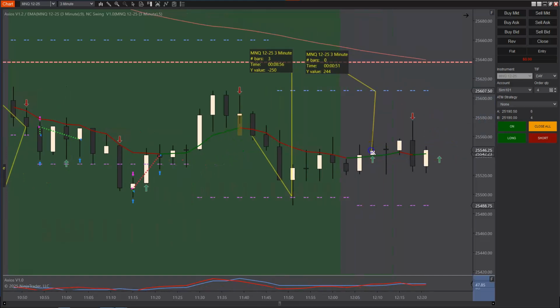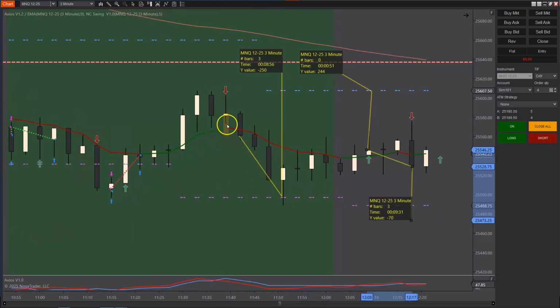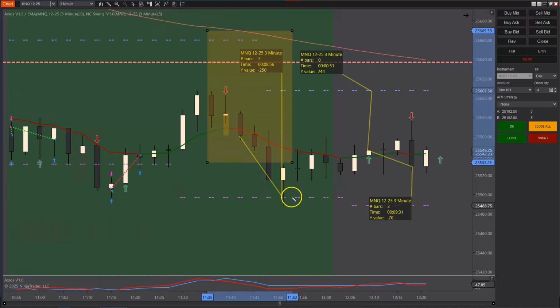But it doesn't end up working out. You end up losing 70 ticks on this one, but you would have made 250 on this one. So this is actually perfect to have both of these lined up next to each other. I consider this concept the Axios delay method, where you simply look for that red